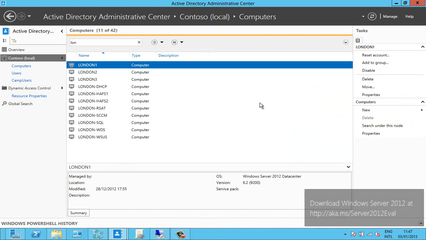And if you want to try this for yourself, I'm afraid you're going to need two physical hosts to get this to work. And then you're going to need an evaluation copy of Windows Server 2012, which you can download